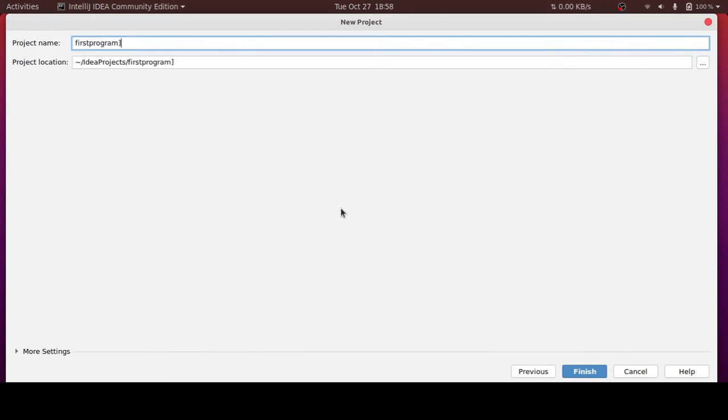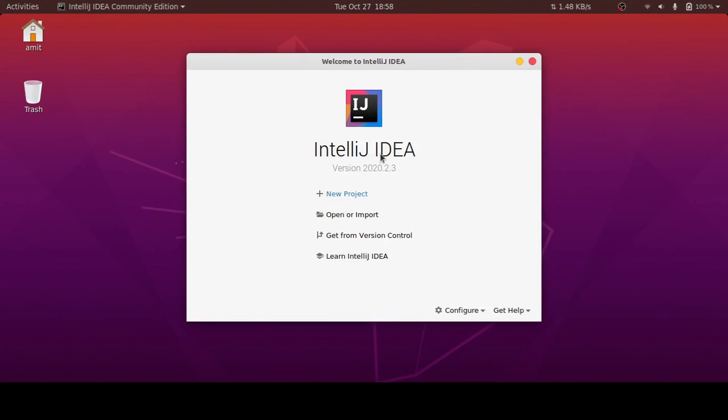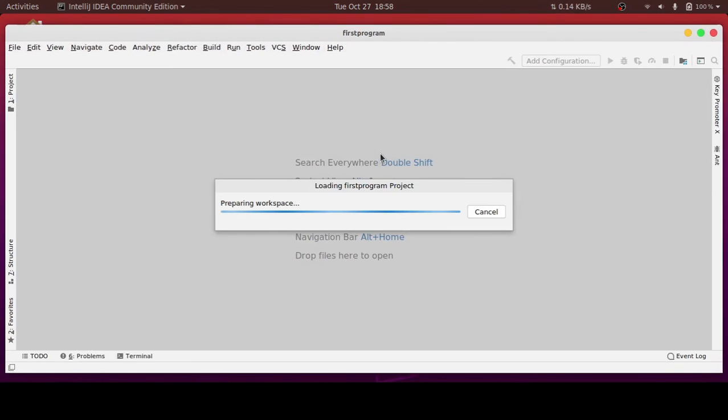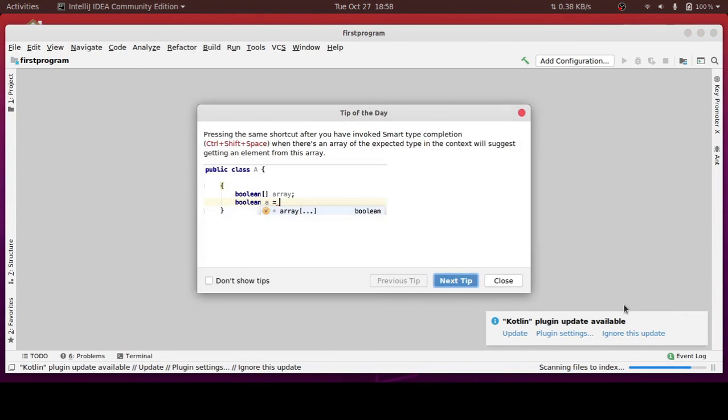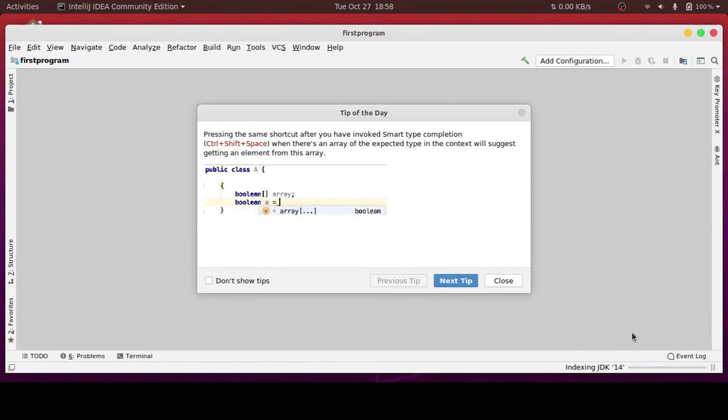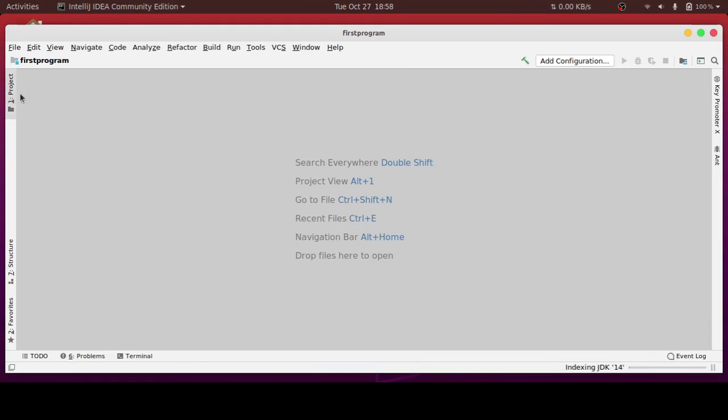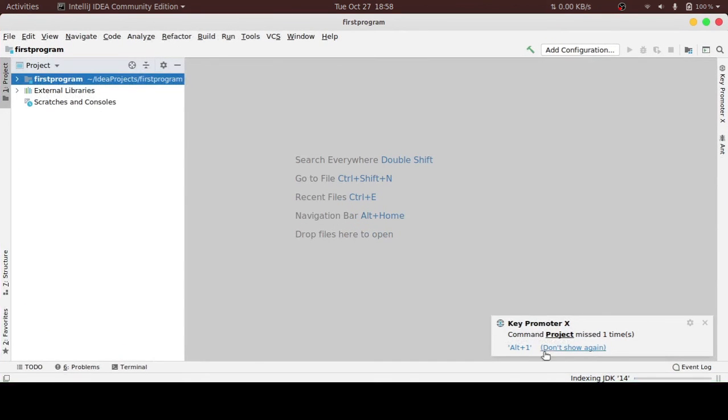New project name. In the first program we say hello to everyone, so we'll definitely go with hello world. Now if you are a Kotlin user, then you should go with this update option, whether you want to use this or not. But I am not a Kotlin user, so I'll ignore this update. I'll close the tip. I will click on project, make it full screen, no worry. Click on don't show again. All these pop-ups which come here, just click on don't show again, or rather ignore that, except the one which is required, like updates, or maybe interpreter scenarios or something like that.